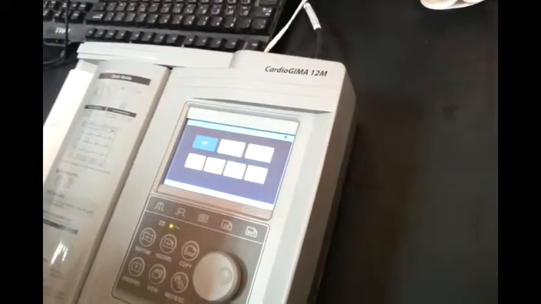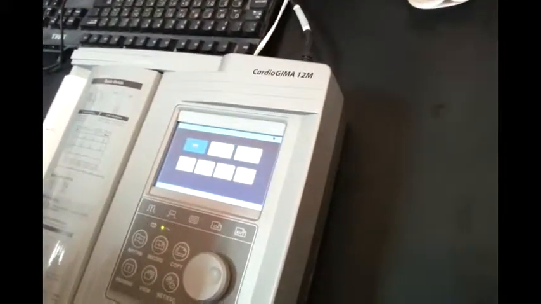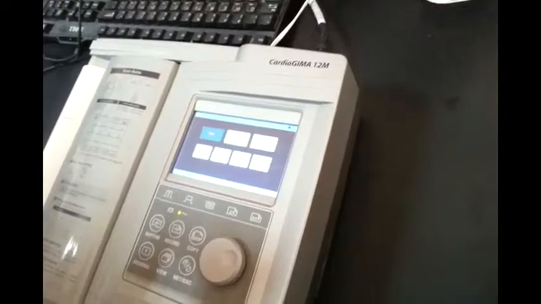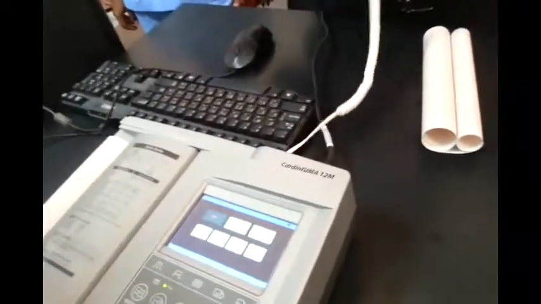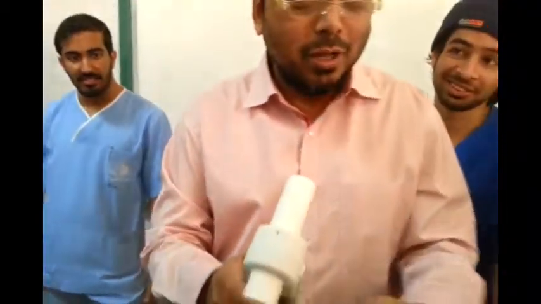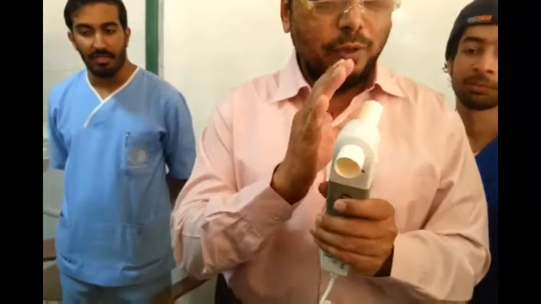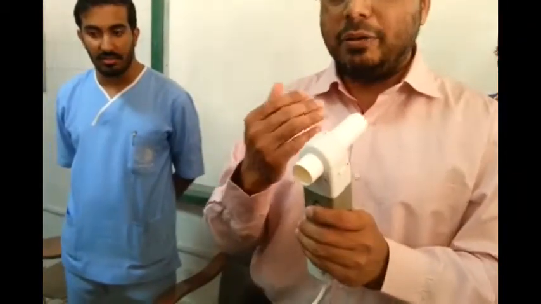If you want the nose clip, okay. If you don't want the nose clip, okay. If you want to put it in your mouth, okay. If you don't want to put it in your mouth, just hold it like this, because we are doing a demo here. Alhamdulillah, no patients, just doing a demo. You should know how it is done. Here I will show you, after inspiring and expiring normally.